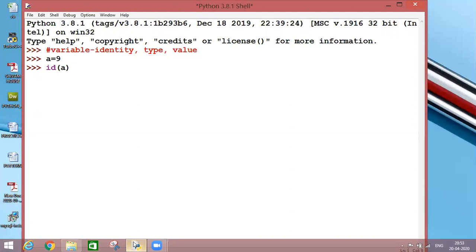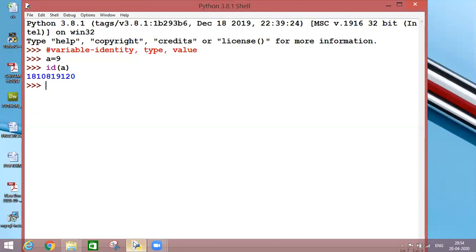And it is a function also. Anything which I write along with round brackets becomes a function. So basically id is my function, and in that function, I am passing one value a, which is my variable name. If I execute this statement, I'll get the address of my variable a in the memory. I hope I'm clear with it.